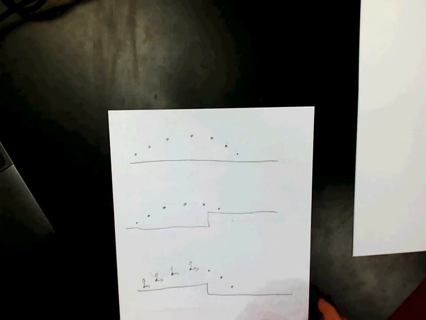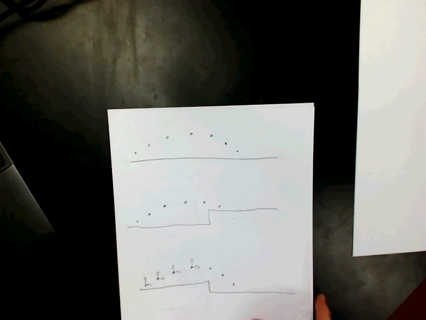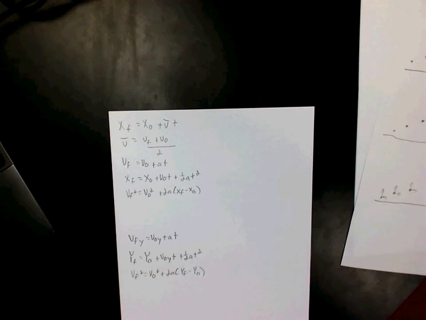Now there is another way to think about it besides this, and that's going back to our kinematic equations, and thinking about them, especially equations 3, 4, and 5. I'm going to focus more on equations 3 and 5, but the fourth one is still very important in all of this. So starting with the third one, we have our final y velocity